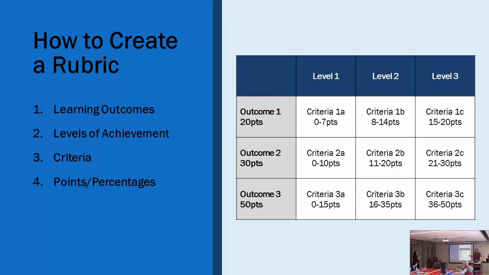There are 2 types of rubrics. Depending on how you do your grading, you can do points or percentages. Points are a little simpler to learn at first because it's just addition. So you can say they got 17 points here, adding up 10, 5, and 5, and it would add up to 20. But you could do percentage based, where the whole thing is 100 points, and this is worth 30% of the grade, this is worth 20%, and then this is worth 50%. So the math is not the most fun part, but once you've figured it out, there's just the points or percentage distribution of where they land at each point.